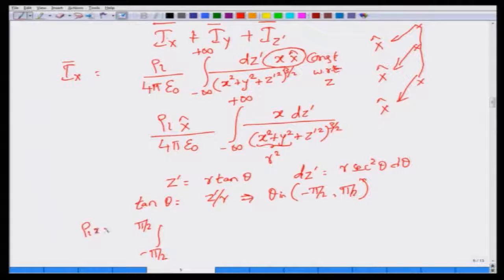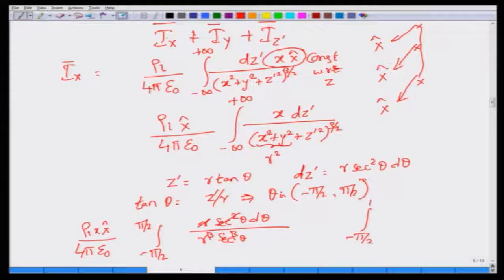So I have rho L x hat by 4 pi epsilon 0 outside of the integral, I am not really bothered about that. dz prime is r secant square theta d theta, and in the denominator I have x square plus y square, which is r square, plus z prime square. Z prime square is r square tan square theta. So r square is a common factor out there, I can take that out. 1 plus tan square theta is secant square theta, and there is a power 3 by 2 that you have to raise both of them to. So that leaves you r to the power 3 secant to the power 3 theta. r cancels out with one of the r's in the denominator, secant square theta cancels out with secant square theta in the denominator, leaving